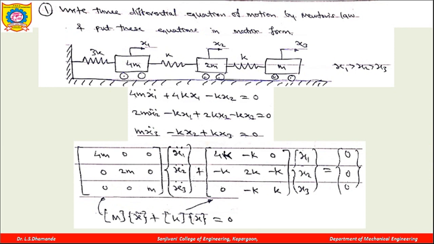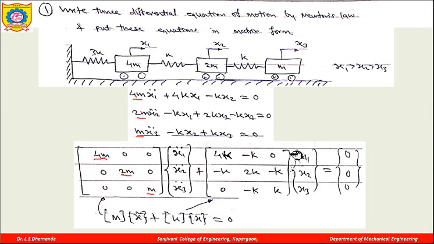Now these three equations I will express in the form of a matrix. So for that the format will be like this. There is 4m, 2m and m, these three mass terms, and as the mass matrix is a square matrix with diagonal elements, the 1-1 element will be 4m, then the second row and second column will be 2m, and the third row and third column will be m. And this is nothing but the acceleration vector x1 double dot, x2 double dot and x3 double dot, plus